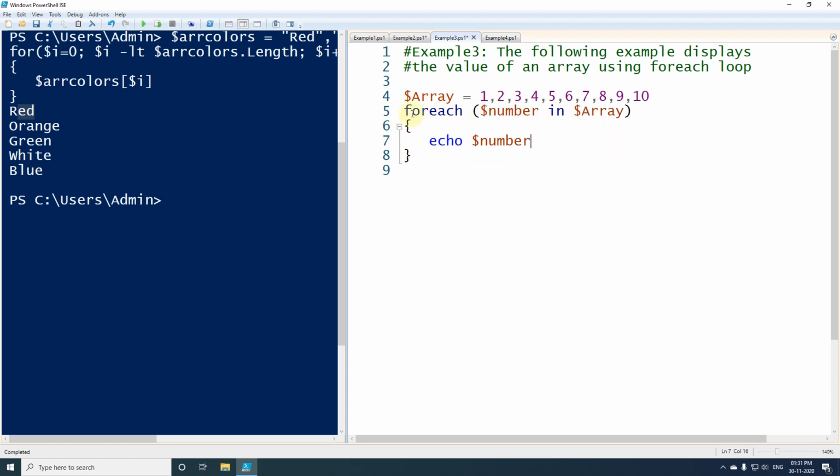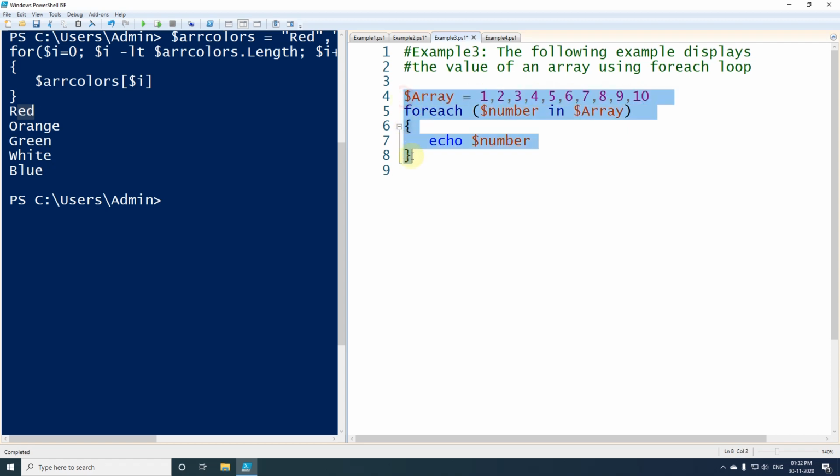So each time this executes, it will fetch one element from this array and assign it to this value, and we are printing this value. So every time this loop executes, one element of this array will be printed.